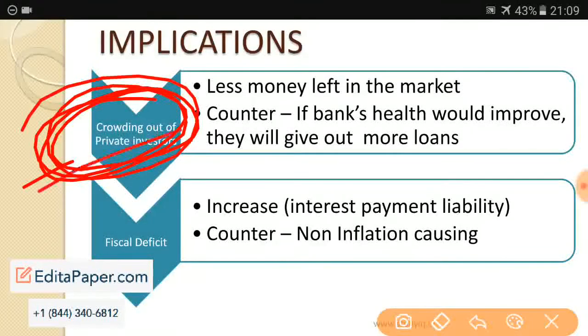Let us just consider that there is a room, the deal failed, and so Mukesh Ambani went out without taking any money. So crowding out basically means that private investors won't get money, and as a result they won't be able to go in for business expansion. But the government has a counter argument for this crowding out impact,